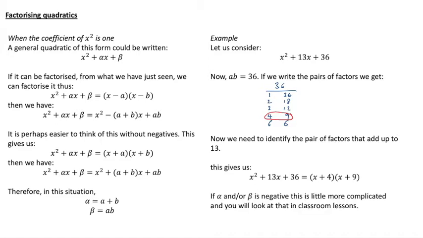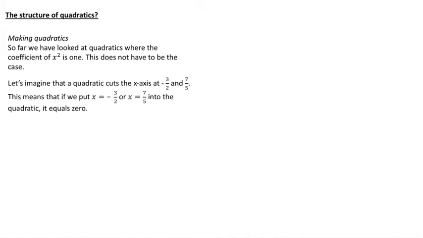If alpha and/or beta were to be negative, this is a little more complicated, and you'll probably look at that in your classroom lessons. So far we've looked at quadratics where the coefficient of x squared is 1, and obviously this doesn't have to be the case. So let's this time imagine that a quadratic cuts the x-axis at minus 3 over 2 and